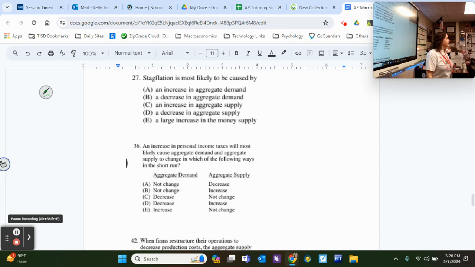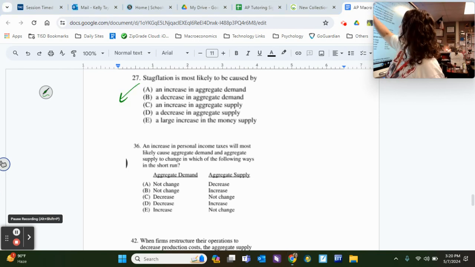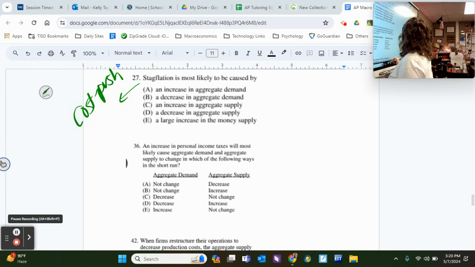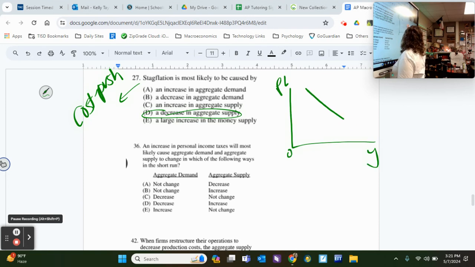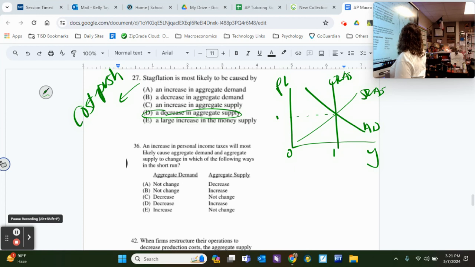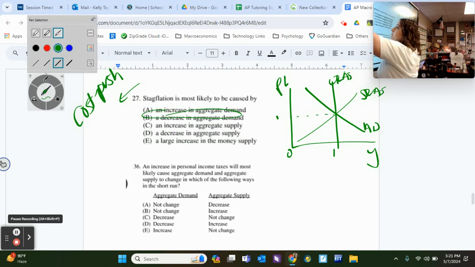All right, can anyone tell me the other way to describe stagflation? Cost push inflation. Stagflation, also known as cost push inflation, is a decrease in aggregate supply, which is D. I'm going to draw it really quick. You can't start off from cost push inflation. We're going to start off from equilibrium, and a decrease of aggregate supply